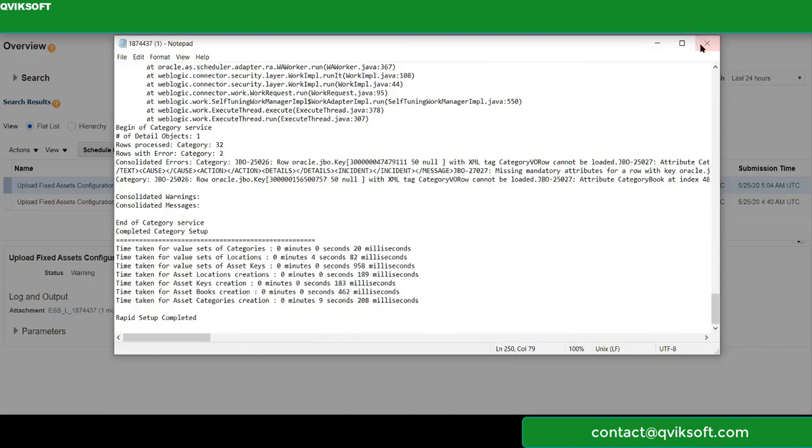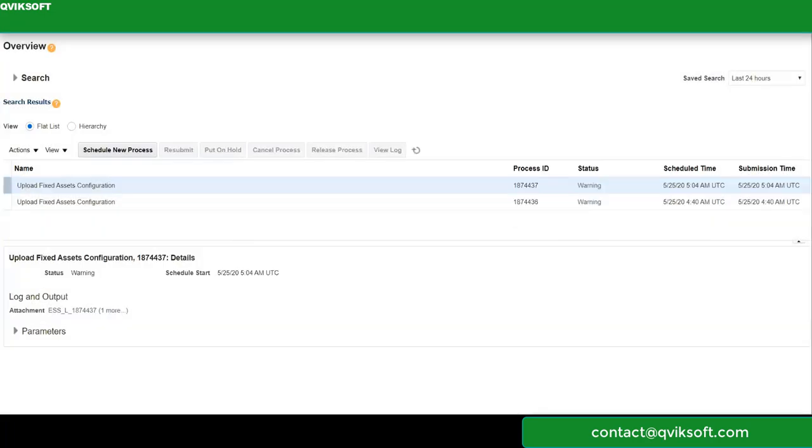Okay, it doesn't look like any major error which can cause some issue. Let's see whether setup has the data.